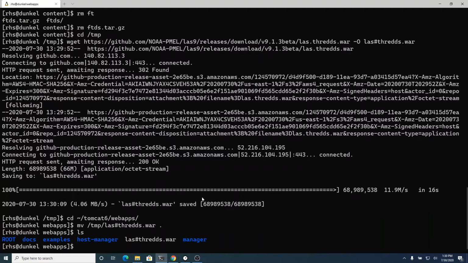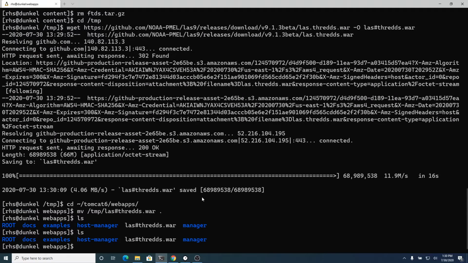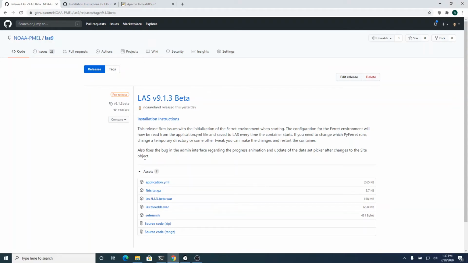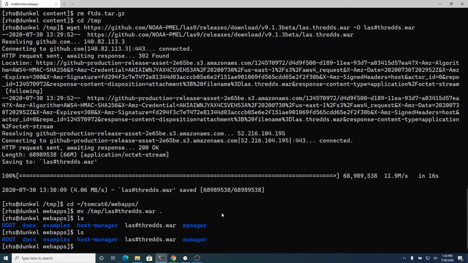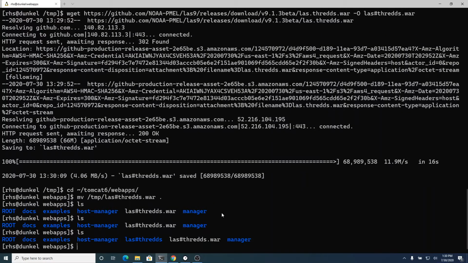So that server's running, and I've got the hot deploy set up, I believe. Yeah, so it's now expanding that WAR file and putting that application in place.